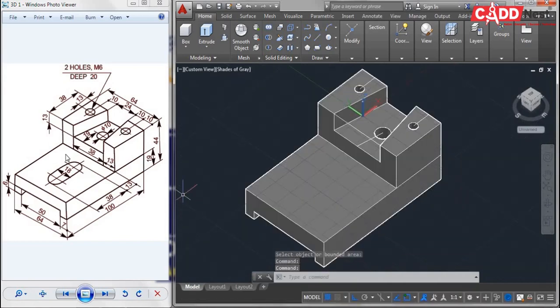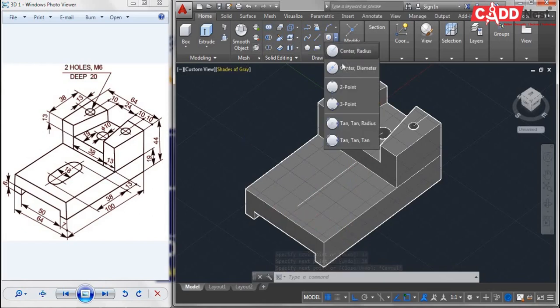And next, in order to make this groove, I'll be taking a line, taking the midpoint of the line. From here it should be at a distance of 13, and the length is given as 38. So I have to cut 2 lines, that is at a distance of 13 one line and then 38 one line.